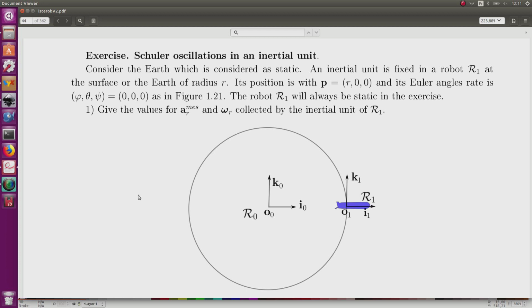In this exercise, we'll study some oscillations that may appear in inertial units. They are called the Schuler oscillation. To understand the phenomenon, we'll consider the Earth, which is considered as static. So there is no rotation, just a sphere. And we put an inertial unit inside the